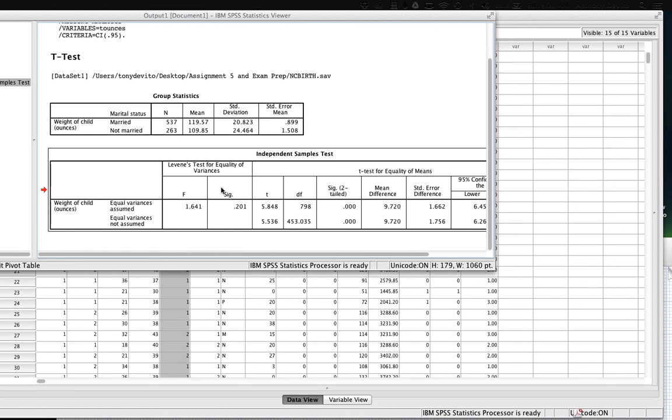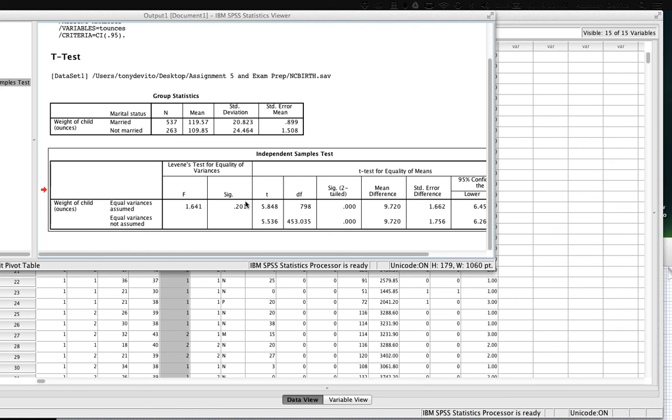significance, a p-value, a probability of being wrong if we reject a null hypothesis. That's our significance or p-value of 20%. 20% we'd be wrong if we rejected the null hypothesis. Well, what null hypothesis is it talking about? The null hypothesis that it's talking about is that the variances are equal. The alternative hypothesis that it's talking about is that the variances are not equal. Okay, so if I look over here, it tells me I have 20% chance of being wrong if I reject this assumption that the variances are equal. That's unacceptable to us. We only like small chances of being wrong, like 5% and less, right? So